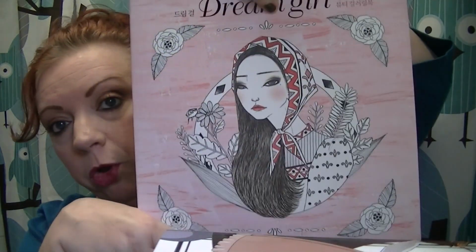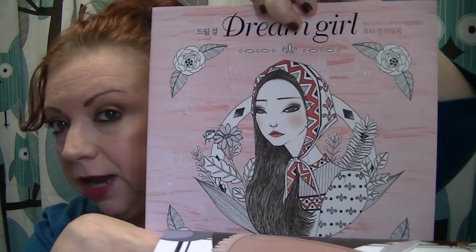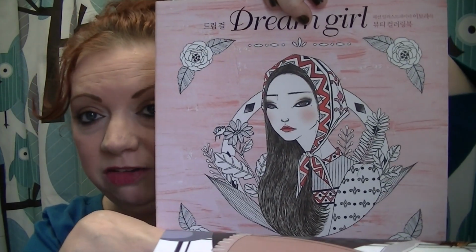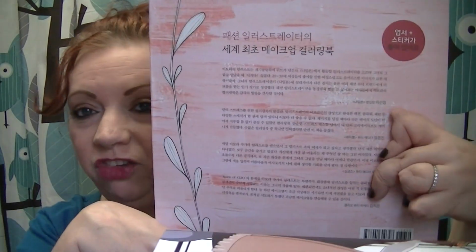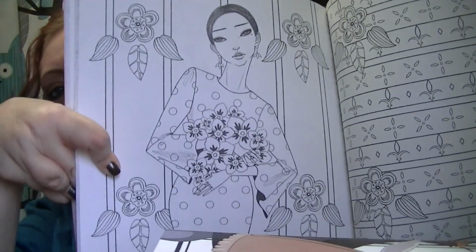My cousin also purchased this one for me. This is called Dream Girl, and this is a really interesting coloring book. This is a Japanese coloring book. I'm assuming she probably got it at Amazon because she's an Amazon shopper. It's got a lot of text throughout, but it's all in Japanese, and I don't speak Japanese. But what's really unusual about this coloring book is that it has these images of women with haute couture fashion in these interesting poses,